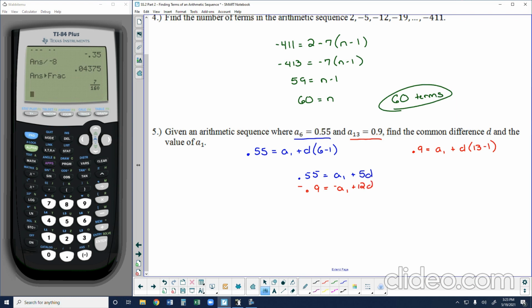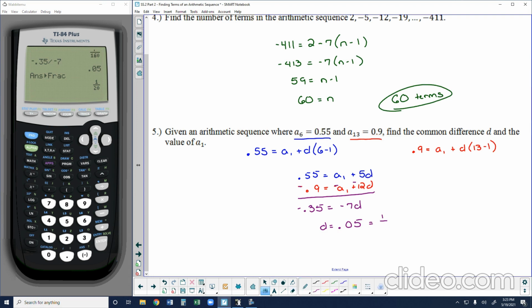Sorry about that error. But now again, we are trying to subtract, and so let's go back to where we were. We are subtracting these two equations. So this would give me a negative 0.35 equal to, instead, negative 7d should be the correct term. And then negative 0.35 divided by negative 7, d would be 0.05. Okay, so sorry about that error, but as we corrected the error, we find that the common difference is 0.05, which if you wanted to turn into a fraction would be 1 over 20. Either of these would be acceptable